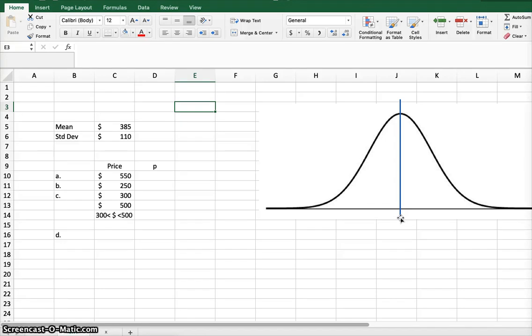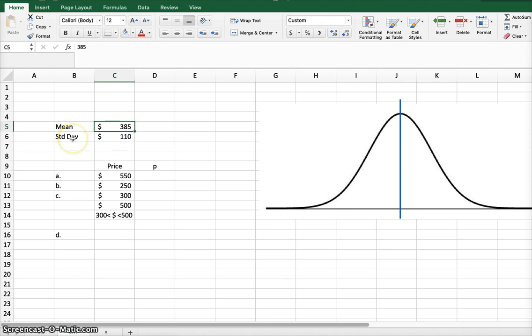Problem 17 is another airline problem. It says domestic airfares in the United States rose to an all-time high of $385 per ticket. So that's the mean. The mean cost of domestic fares is $385. So I put that up here. I just put mean